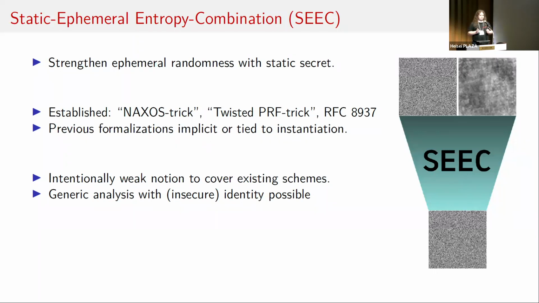So what we did in this place was to introduce this as the primitive of static ephemeral entropy combination, and provide a security definition there. With that security definition, we could then analyze the protocol for the cases where you do use it and where you do not use it. If both parties use, or if at least one party uses static ephemeral entropy combination and you send an S-KEM both ways, you are actually back to the point where you have confidentiality, even if you have a corruption of the ephemeral secrets.